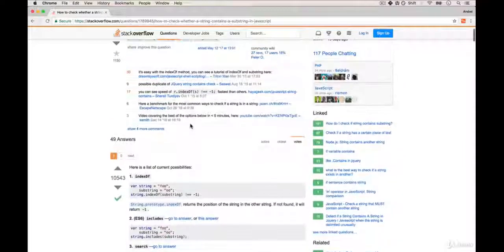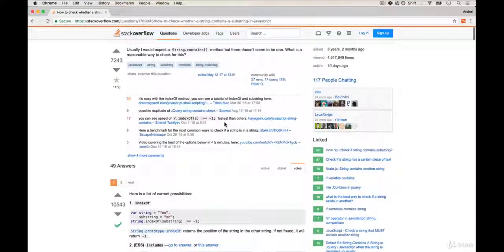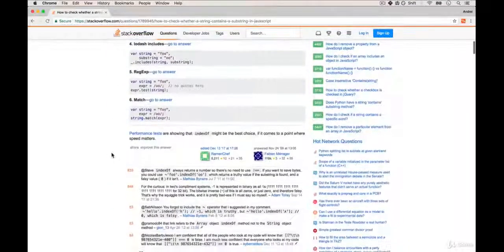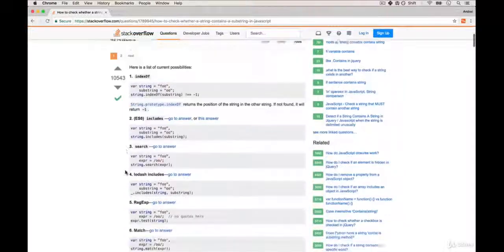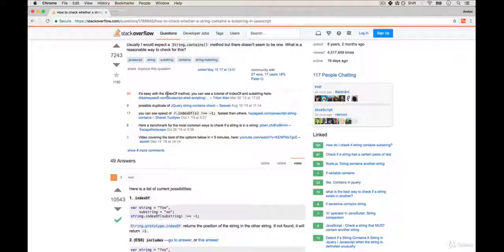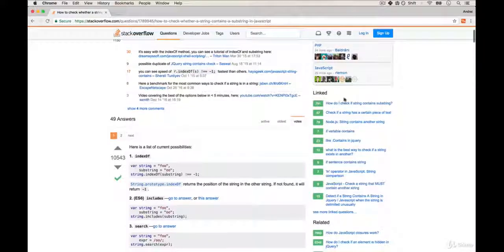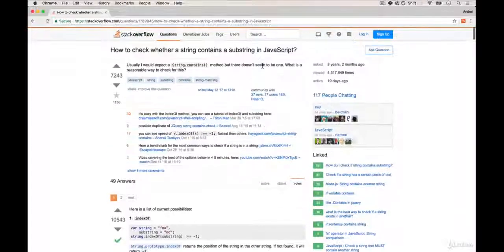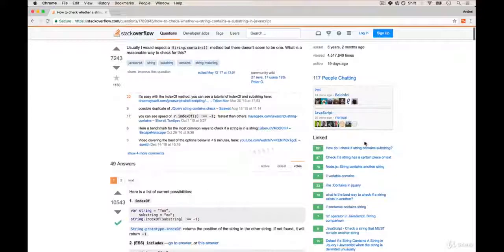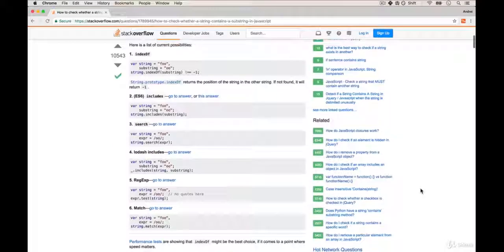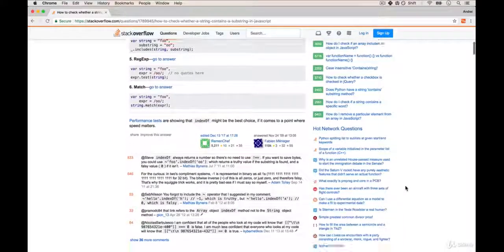And you can see over here, there's a few other things that you can look at. One is you can look at some of the comments that people have made. And comments usually have votes as well. So I like looking at comments with a lot of votes. And you can see people have provided valuable links. You also see that on the right-hand side, you have linked answers. So maybe this page doesn't answer you, but Stack Overflow is smart enough to say, hey, maybe this is what you're looking for. And you have related, you have a ton.